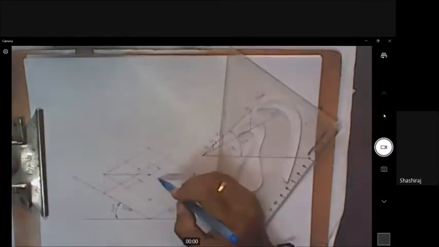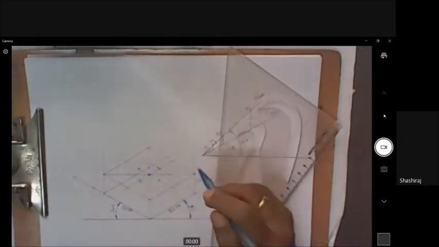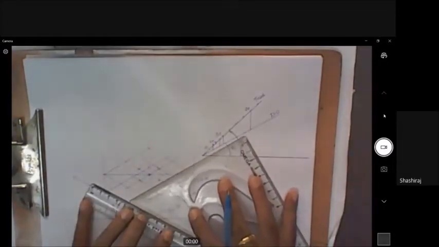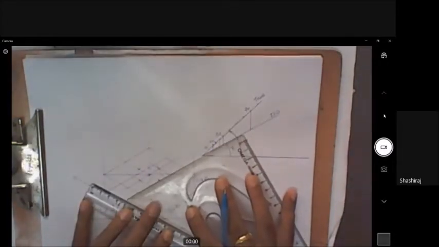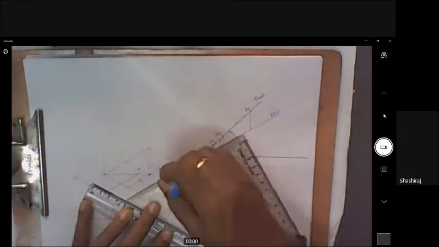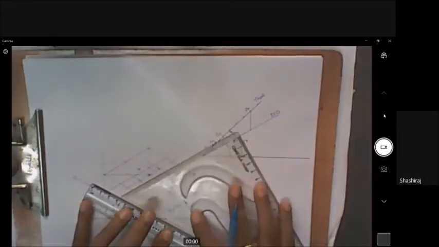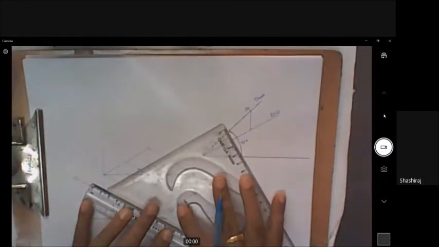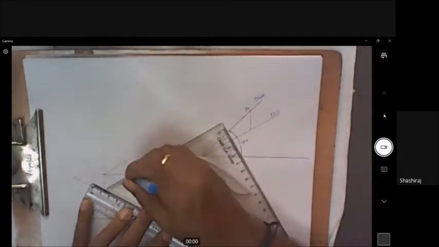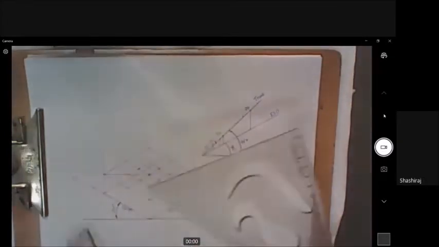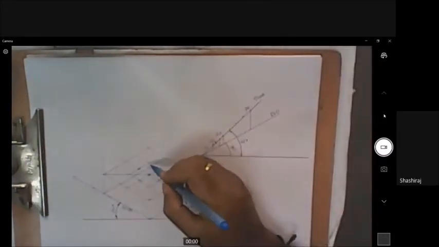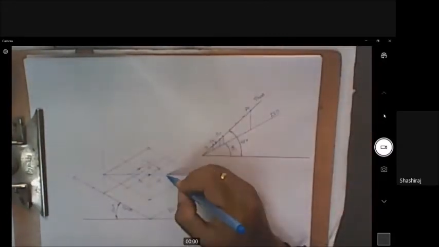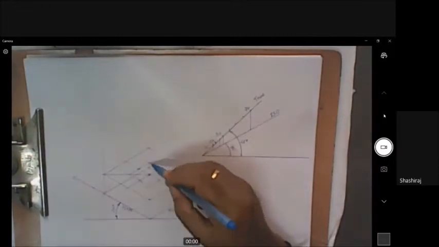From remaining 2 points also I should draw the axis parallel line, but it should be parallel to the other axis. I'll slide the set square, and here I will draw a line like this, and I'll further slide it to get the point here and draw a line like this. Now you see there is a box now. This is that ISO 30 that we wanted to draw.